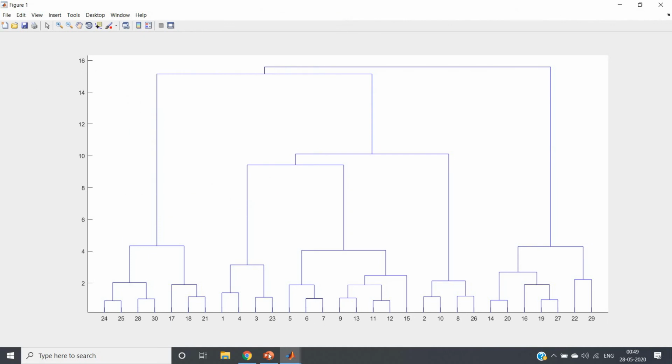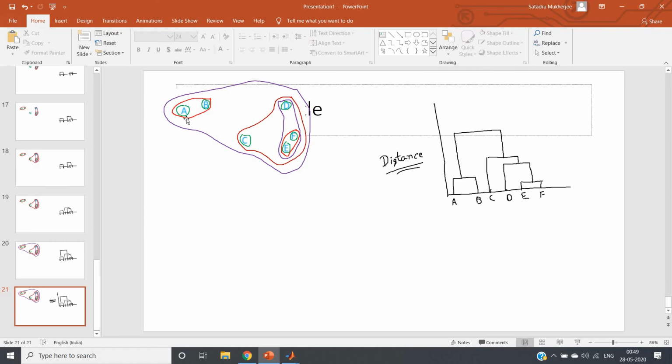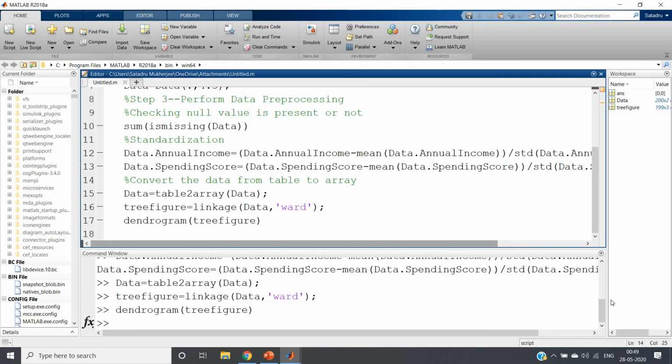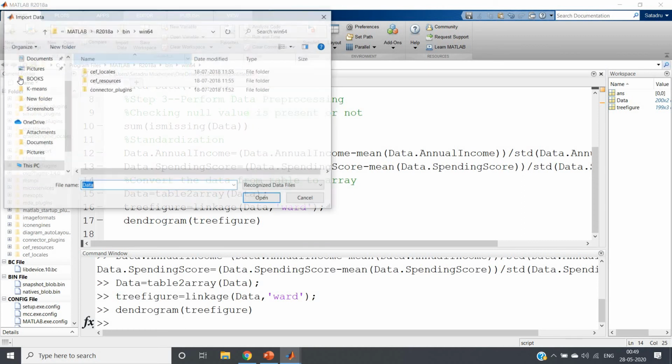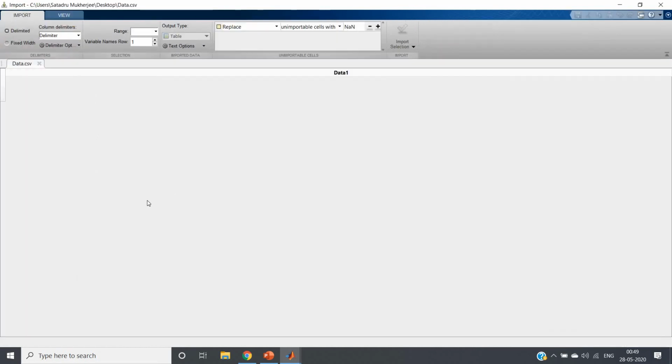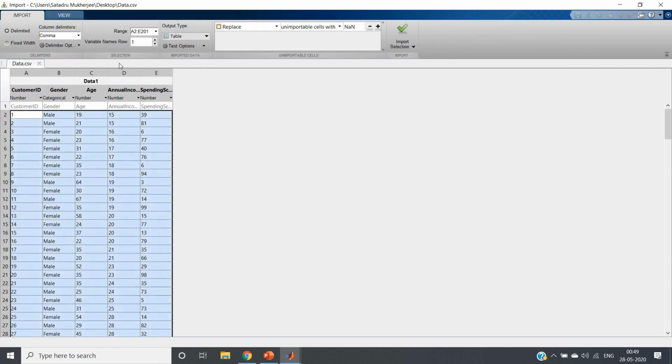So you may think that in our dataset there were labels like A, B, C, D, E, F, but in our original dataset which we have imported, basically this one, let me just show you once more. data.csv has age, annual income, spending score, gender, customer ID.